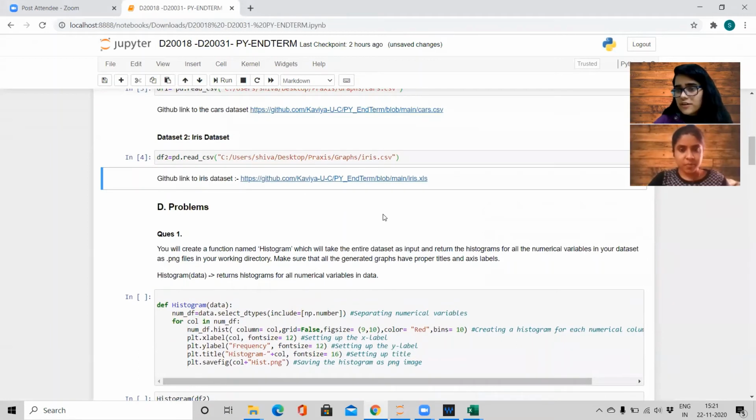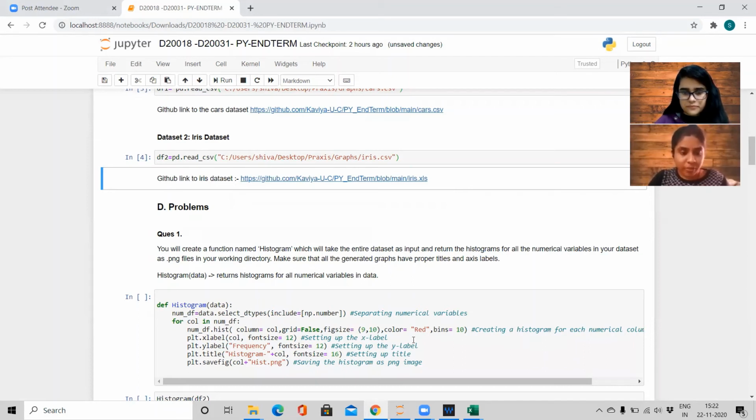As part of our project, we are trying to automate the histogram plotting. Histograms are really important in visualizing the numerical fields and their distribution. If our dataset is very big, the process of visualizing the histograms can be really tedious. So our function thus automates the histogram plotting, which Kavya would explain.